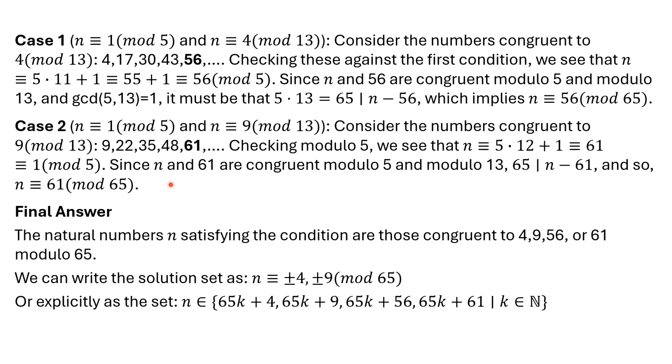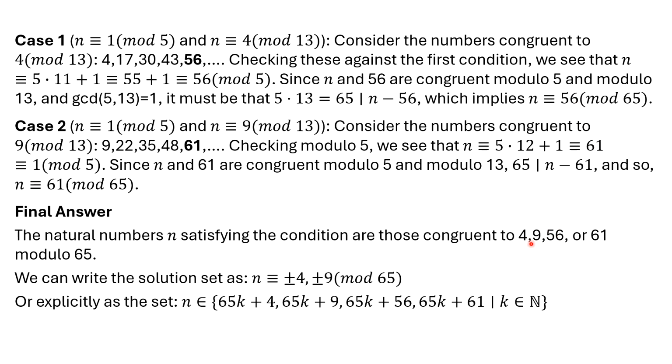And using the same argument as before, since these two numbers are relatively prime, their product divides n minus 61. And so we have n is congruent to 61 mod 65. So yet another infinite set of solutions to our problem. So the natural numbers satisfying the condition are those congruent to 4, 9, that was from the previous slide, 56,